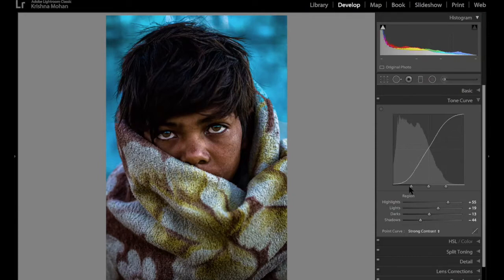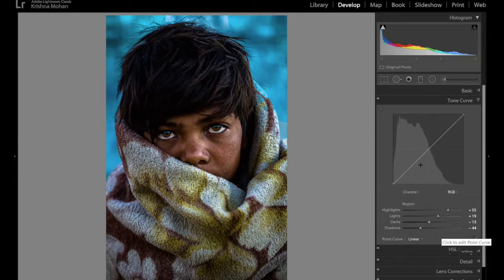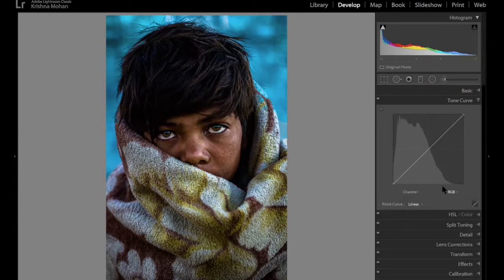Now, if you go under point curve, you click on one more small diagram next to the curve at the bottom, then you get a straight curve, but nothing underneath. This is where you pick up the point. So let's say that his hair is dark. I want to pick up a point here. So that's a point in the curve.